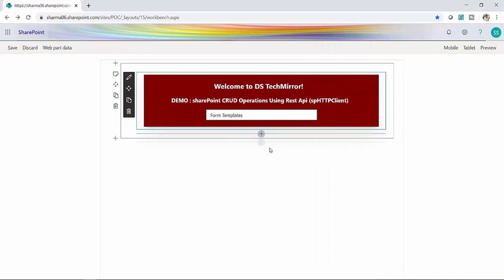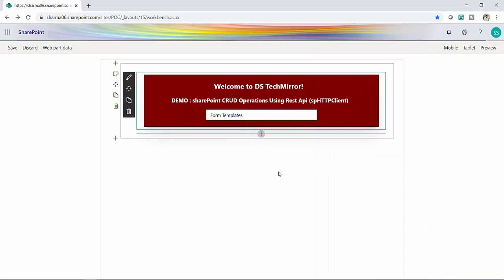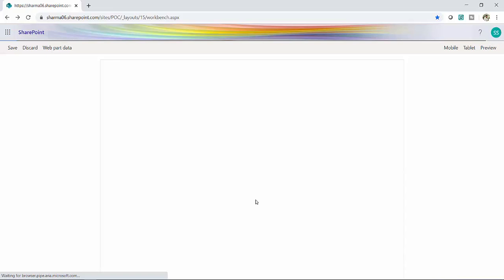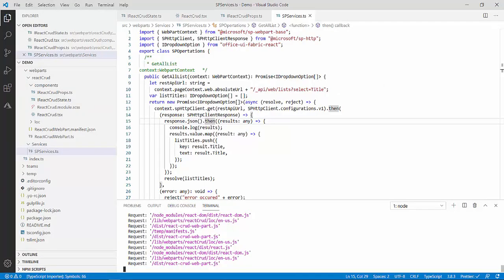Now we will do a few custom things, a few cosmetic things for our drop down. Over here you can see if I refresh it, I'm not getting any message, my drop down is blank. So I will provide the initial message, that is we can say select your list title, whatever message you want to provide. Let's see what we have to do to provide the message. For that I will go to my drop down. This is my drop down in the web part class.